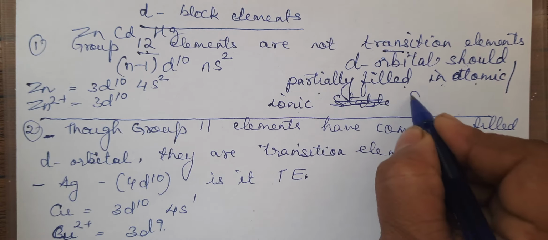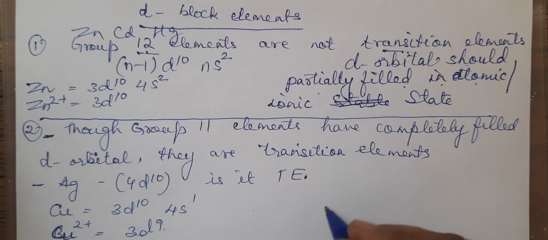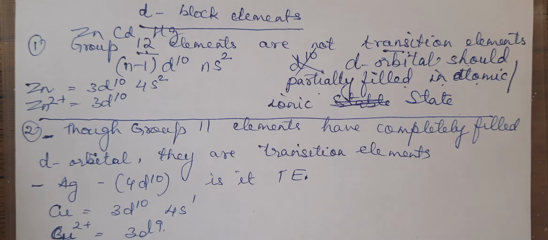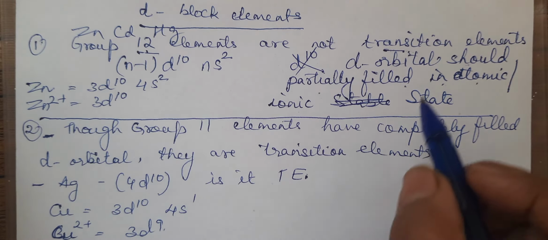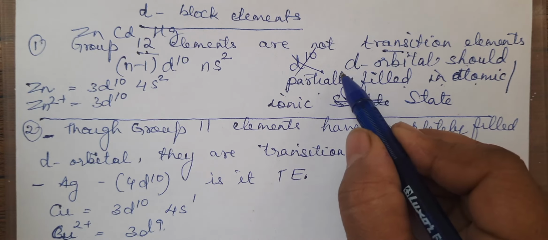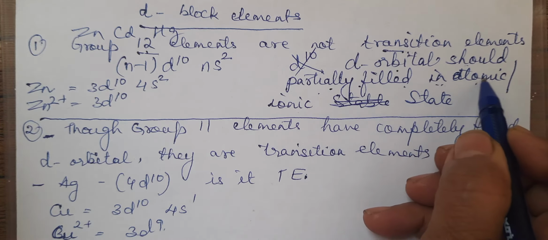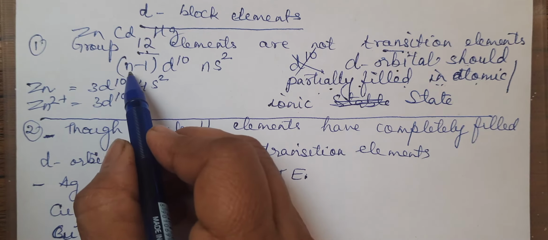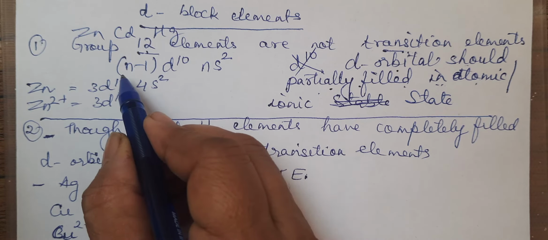In any one of the states, d should be partly filled. That means it should not be d10. If it is d10, it is not a transition element. Right? So first you will write: transition elements are those in which d orbital is partially filled in atomic or in ionic state. Right? Then you will write that in the atomic state, the configuration of group 12 elements is